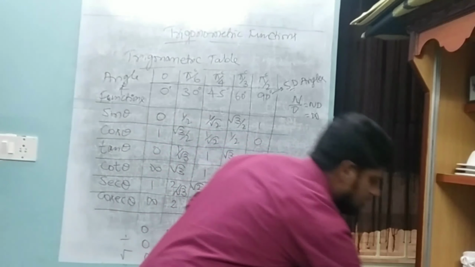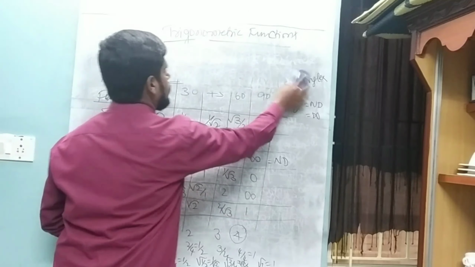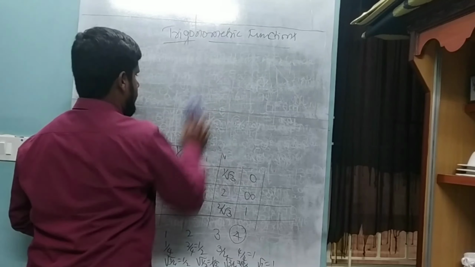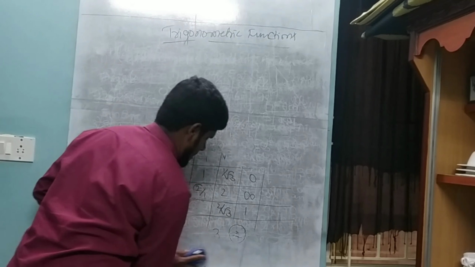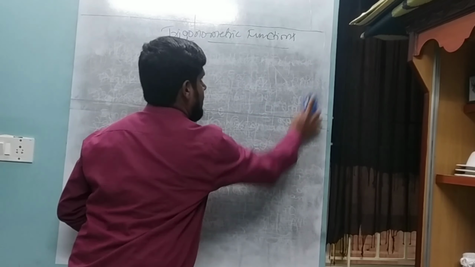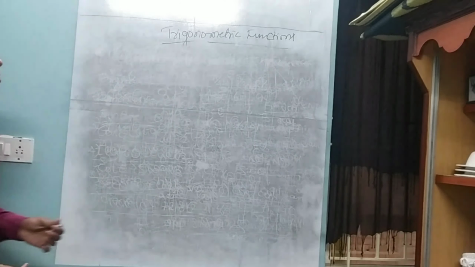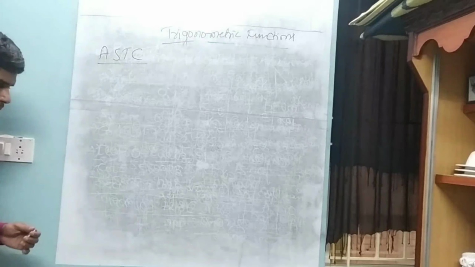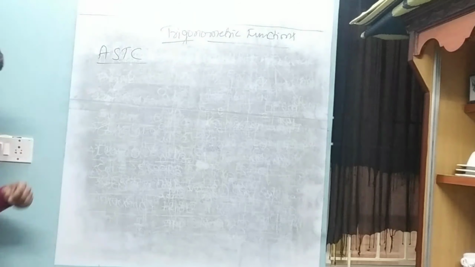Now after the trigonometric table, let us learn about the ASTC rule. So now students, the ASTC rule is,